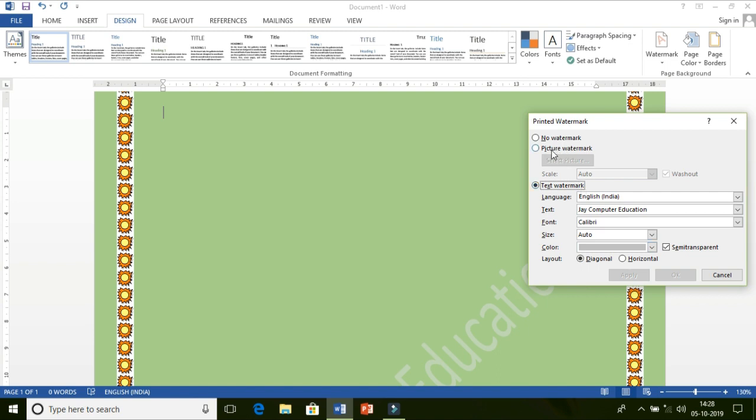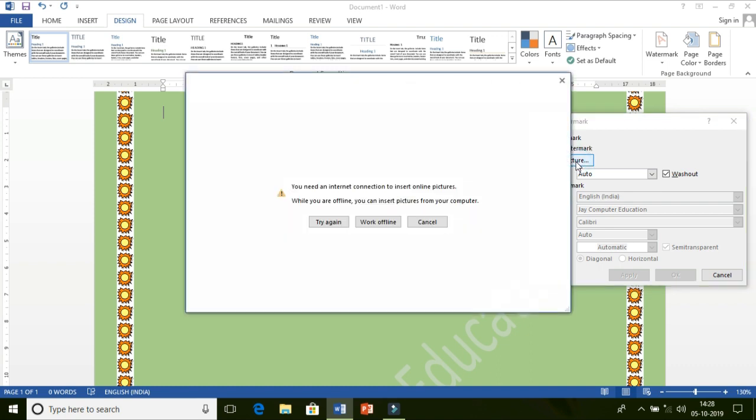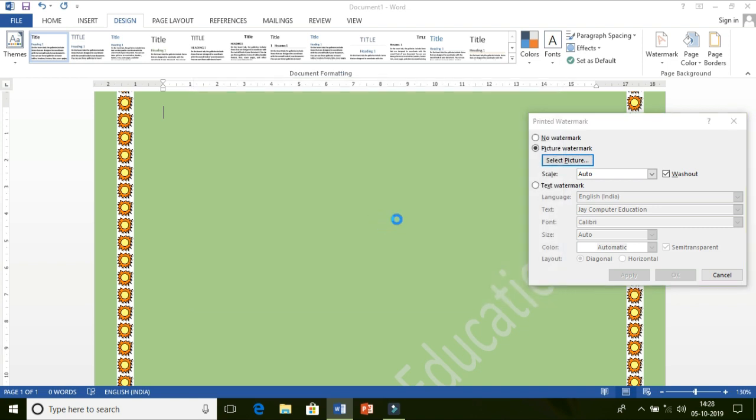There is an option called Picture watermark. Click on Picture watermark. Then there is an option called Select Picture. Click here. You can either select from the internet connection or work offline also, meaning whatever images are there in your computer system, that also you can take. Let me take the work offline option.